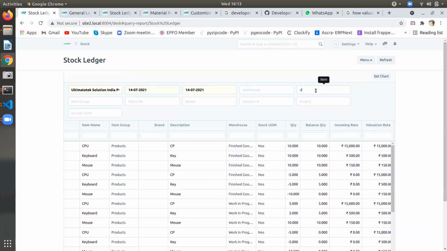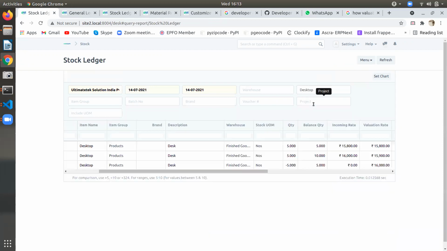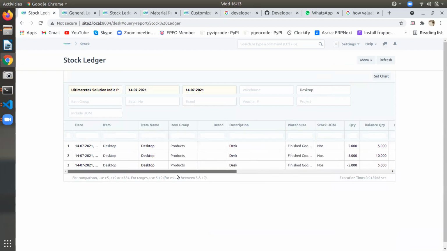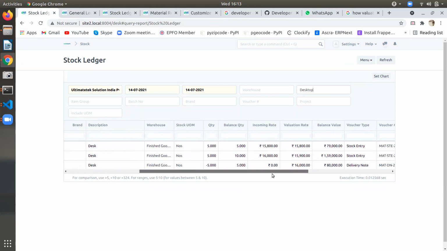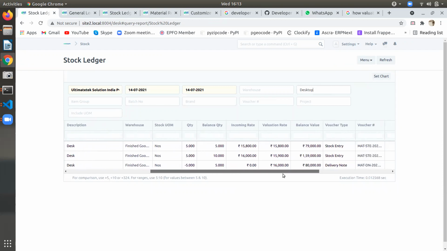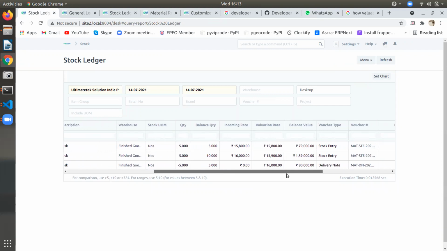Balance quantity is 5, valuation 16,000. Vikram, I am correct. No, it's FIFO, first in, first out. The first 5 numbers we made with a costing of 15,800 got sold.